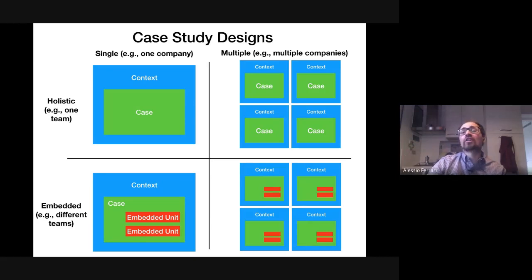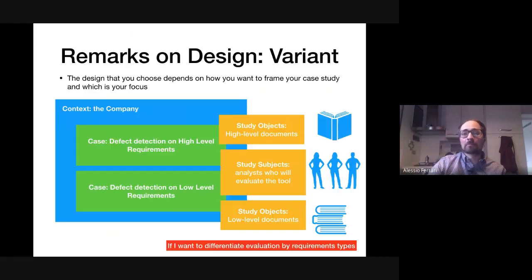So what is your general design? There can be variants. The design that I considered for my study was a holistic one, but I could set it up as an embedded one. How? For example, I want to focus on the case of defect detection, but not in general, but defect detection of high-level requirements. So in this case, I will consider only high-level documents as study objects, and for the other case,